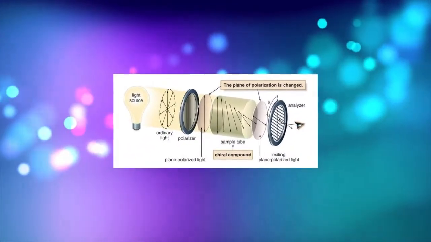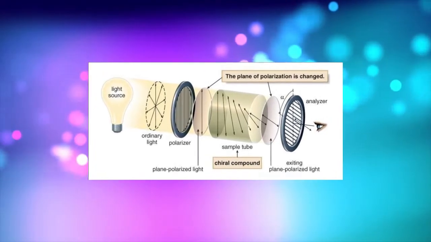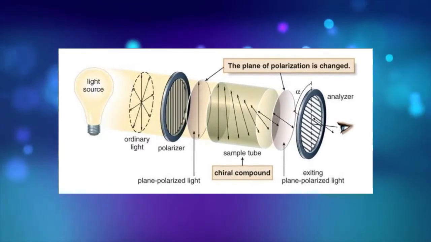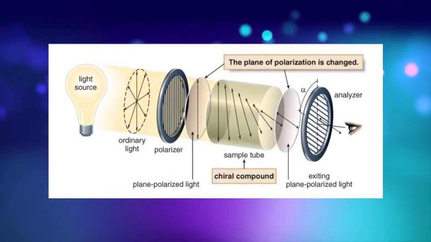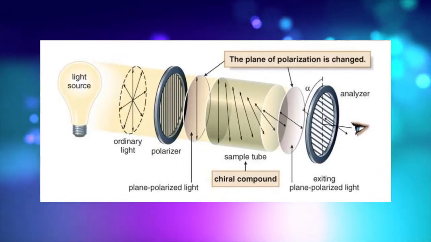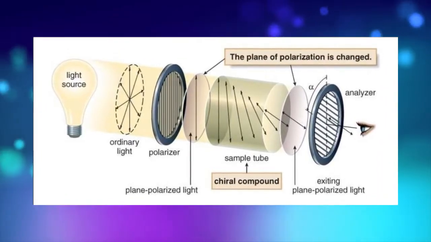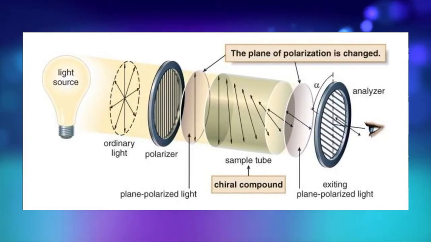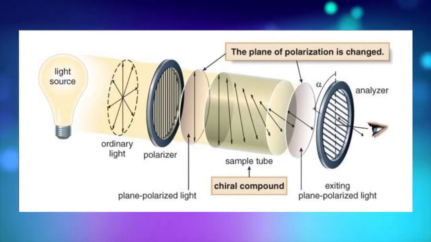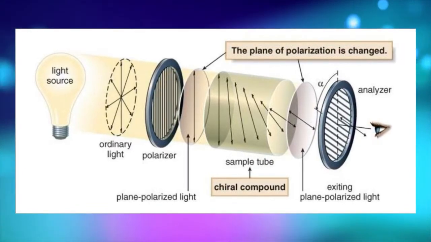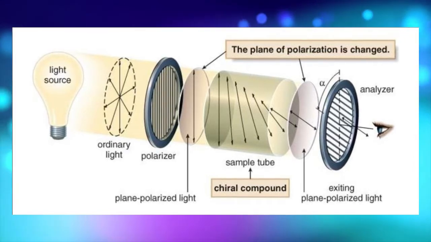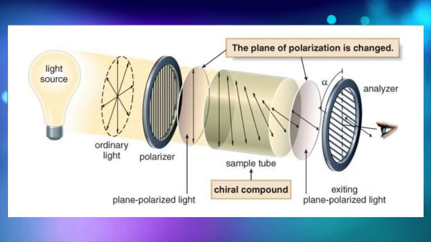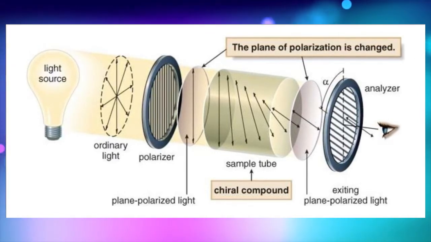But before that, let us try to imagine that if optical activity exists and if a chiral molecule rotates the light in clockwise and counterclockwise direction, then what different names will we assign to those molecules? If a molecule is rotating light to the clockwise direction, then that molecule will be called dextrorotatory, and if a molecule is rotating the light to the anti-clockwise direction, we will say it is levorotatory. Okay, D and L isomers, right? So I think you remember the names D and L isomers. It occurs from here only, that is optical activity.